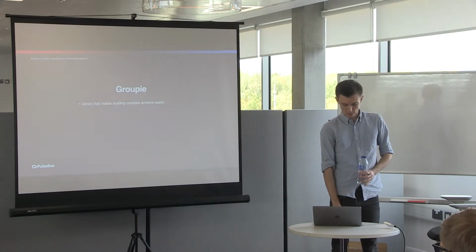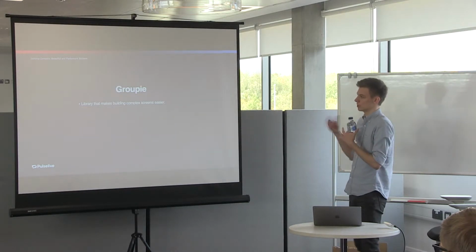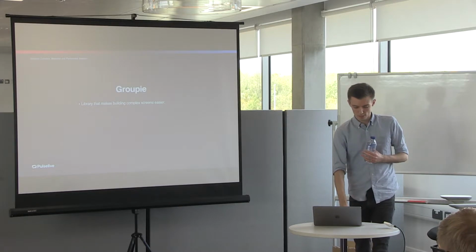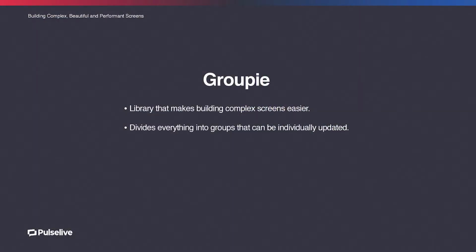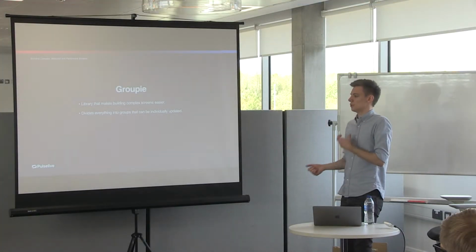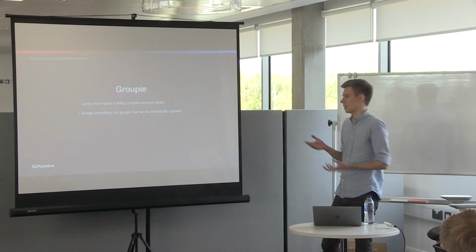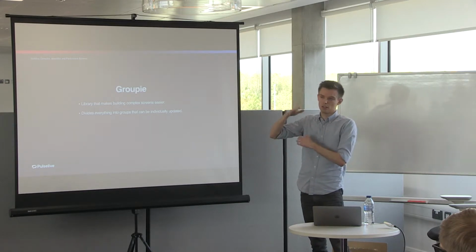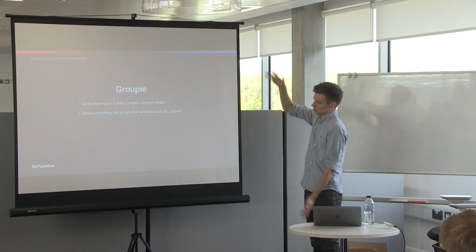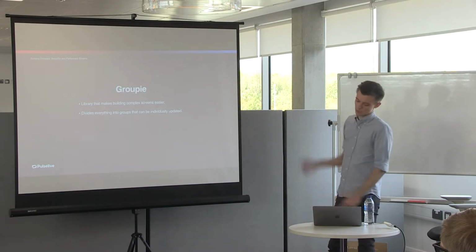So Groupie is a library that makes building complex screens easier. It does that by conceptually dividing everything into groups that can be individually updated. So you define groups. So this is the news group or the news section. And you just define what the items are within that, and you can easily just update the groups, and it works out where that needs to translate to the recycler view to actually divide it up into individual